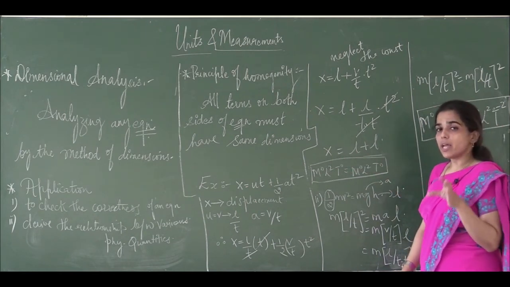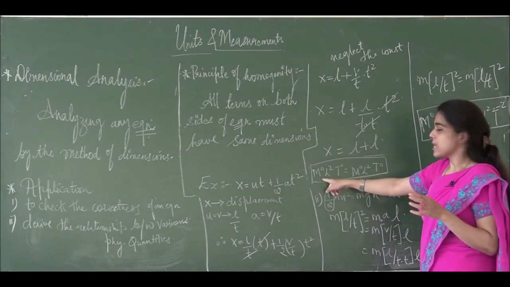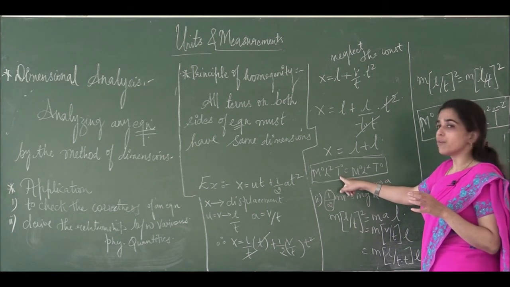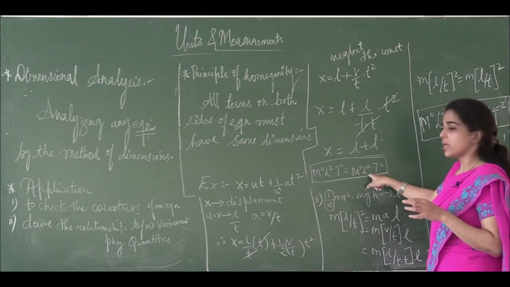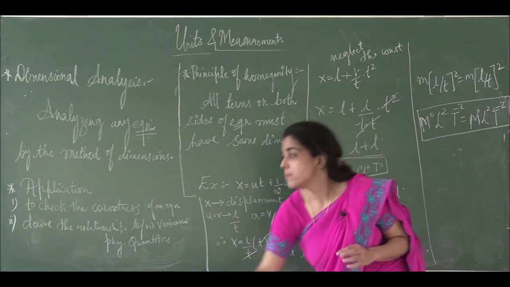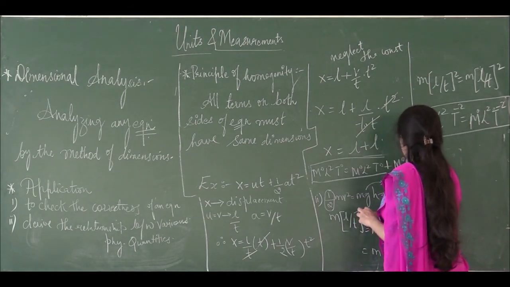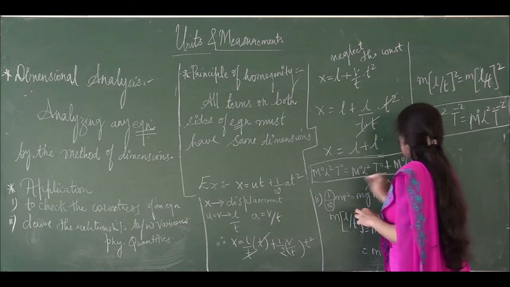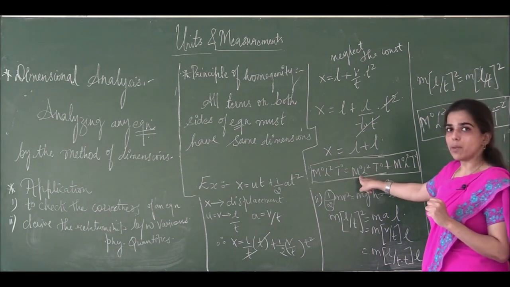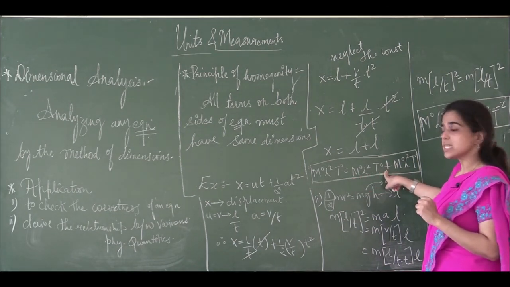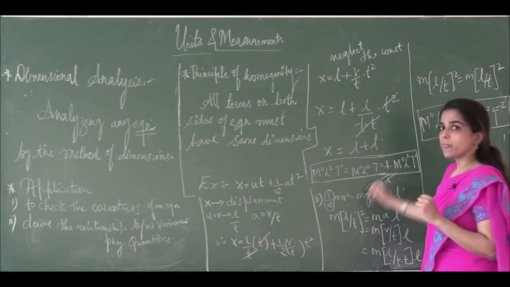We know the dimensional formula for displacement to be M naught L square t to the power of 0, which is equal to L plus L. So it is M naught L square t naught plus M naught L square t naught. So the equation will be M naught L square t naught, which is equal to M naught L square t naught plus M naught L square t naught. So LHS will be equal to RHS.